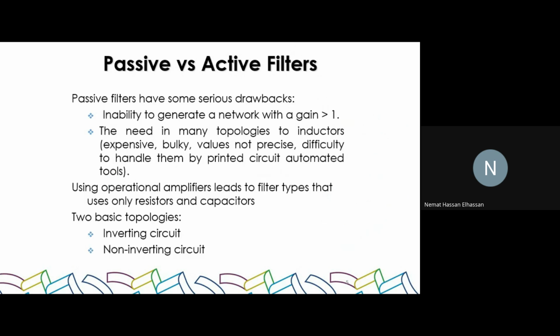Why do we need to have active? So we said we already have the active. So why do we need to introduce gain? This is because sometimes you need to have more than unity gain, more than one. You want the output to be larger than the input